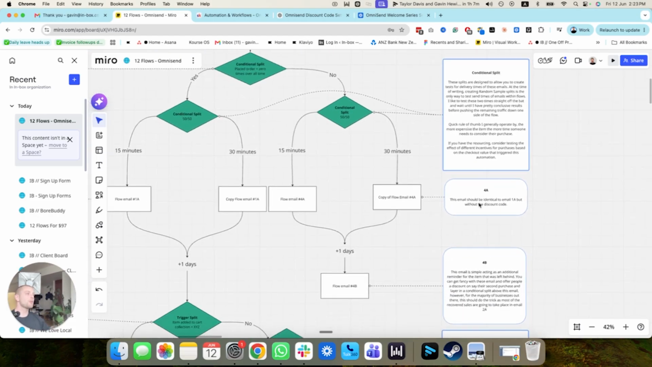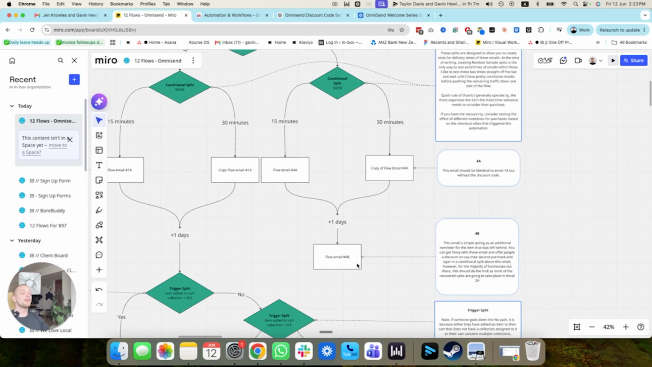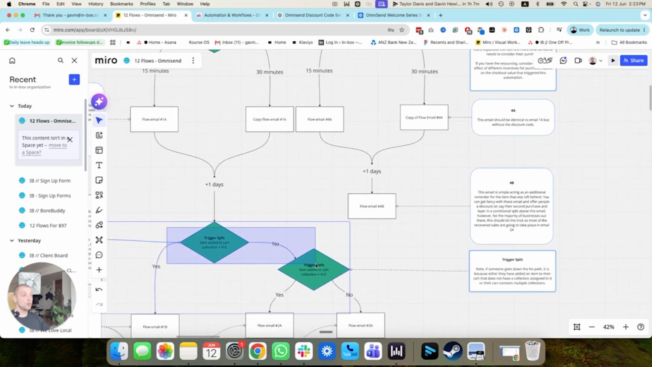Exact same thing. Remind the reader of the item they left behind, okay? And then an additional reminder. Now you can do the same split here as well if you want, and speak to the products. Just make sure you exclude